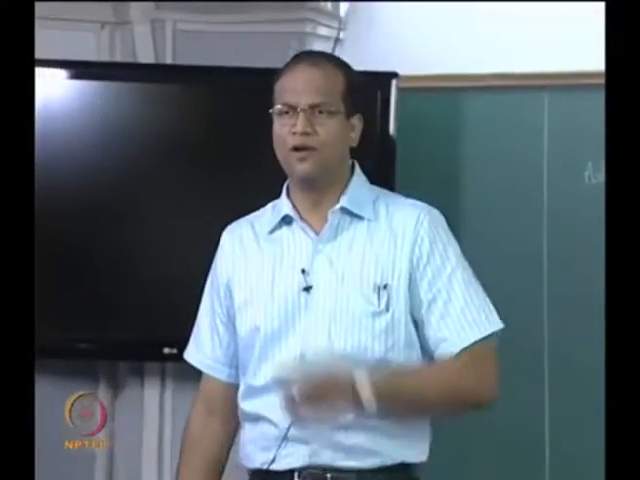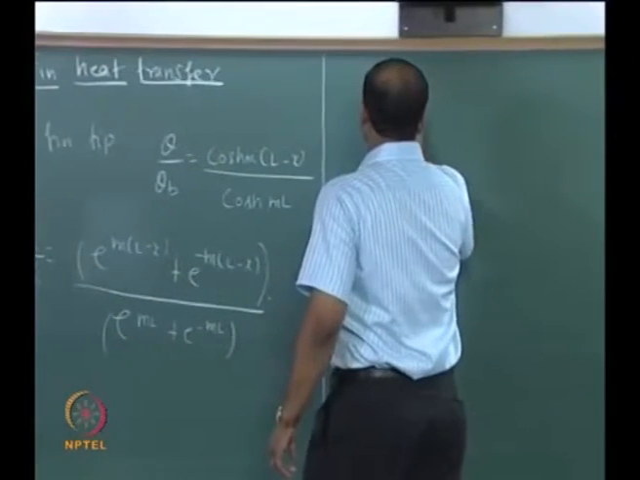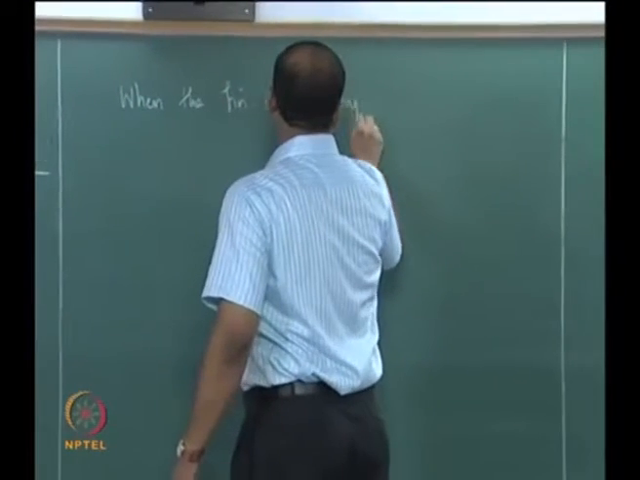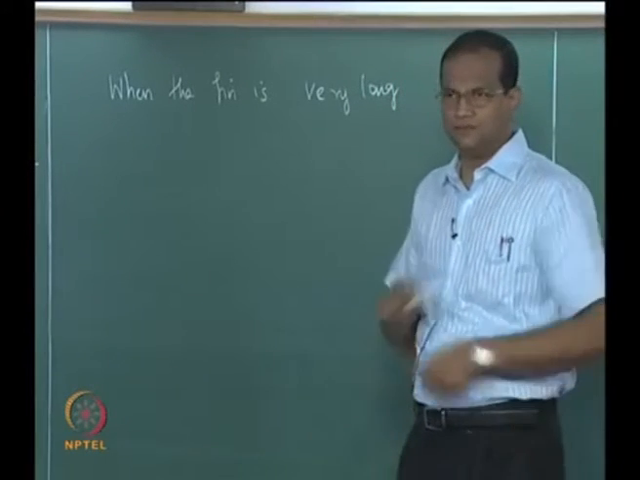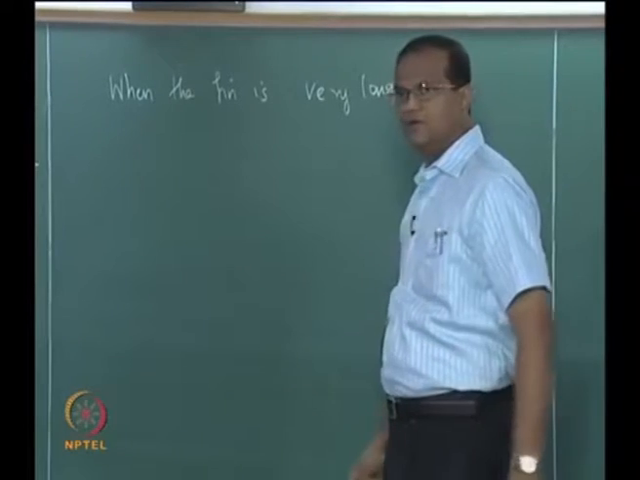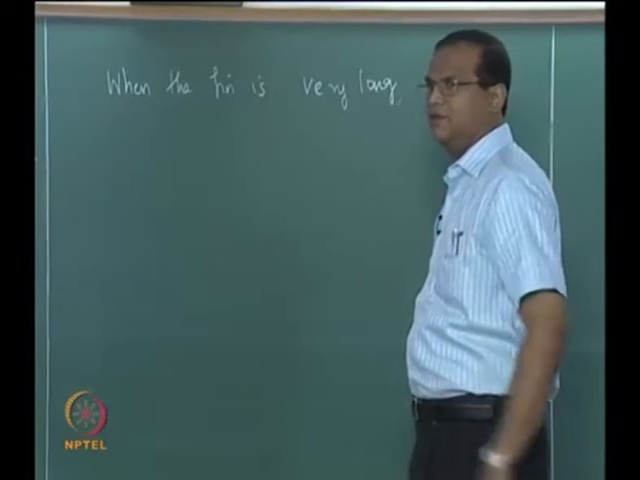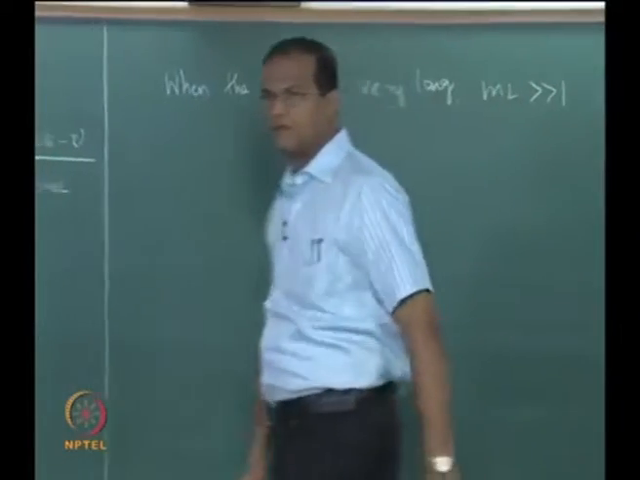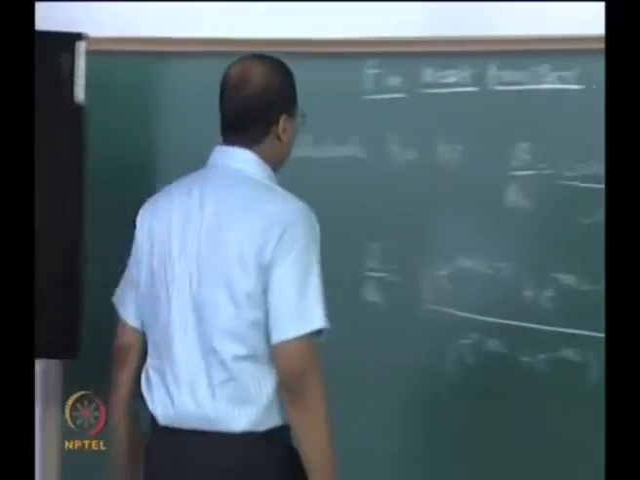So this is the expansion for cosh m(L minus x) in the numerator and cosh mL in the denominator. So when the fin is very long, if you have a case of a fin where the length is very large, then we will have, for the case of a very long fin, mL much greater than 1, therefore